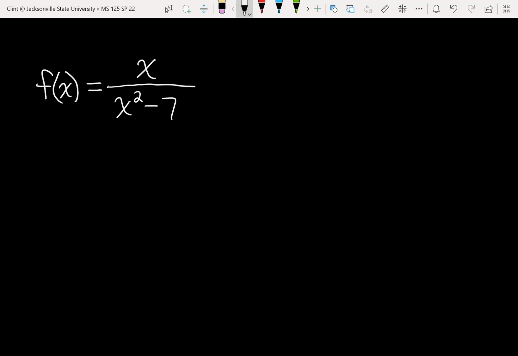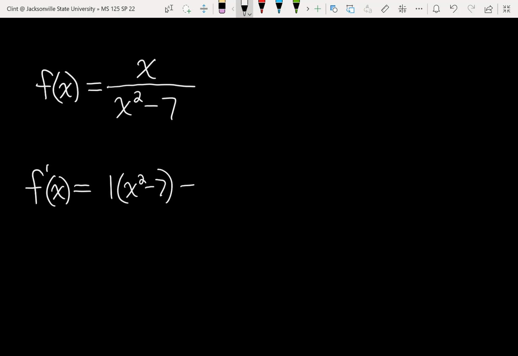Thoughts? What do you think? Basically the same as the last problem. Yeah, quotient rule is probably the best choice here. Might not be bad moving the denominator up to the top. As long as the top's not too complicated, that's a pretty viable option, moving the bottom up. You could have x times x squared minus 7 all to the negative 1 power if you really wanted to avoid quotient rule. Okay, so derivative of the top times the bottom